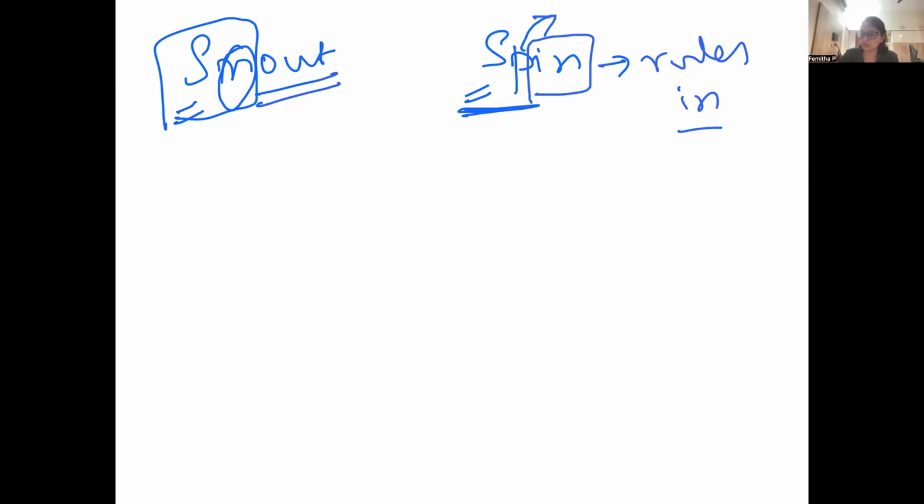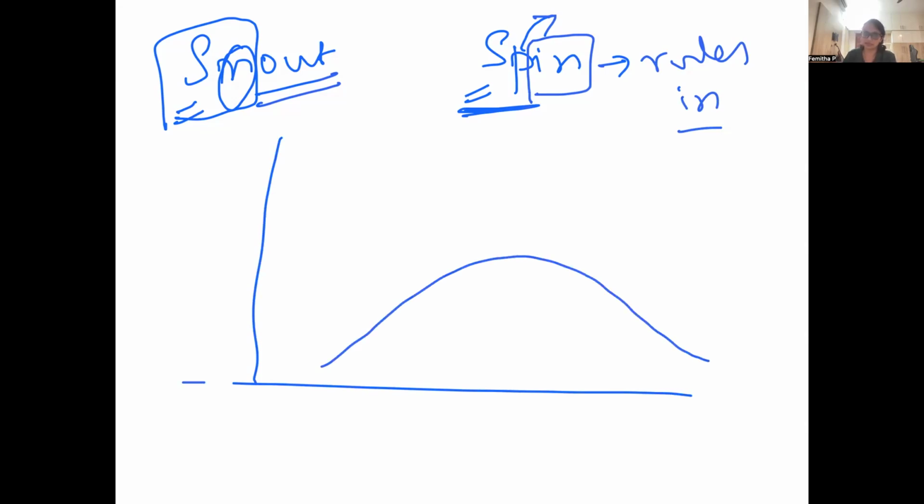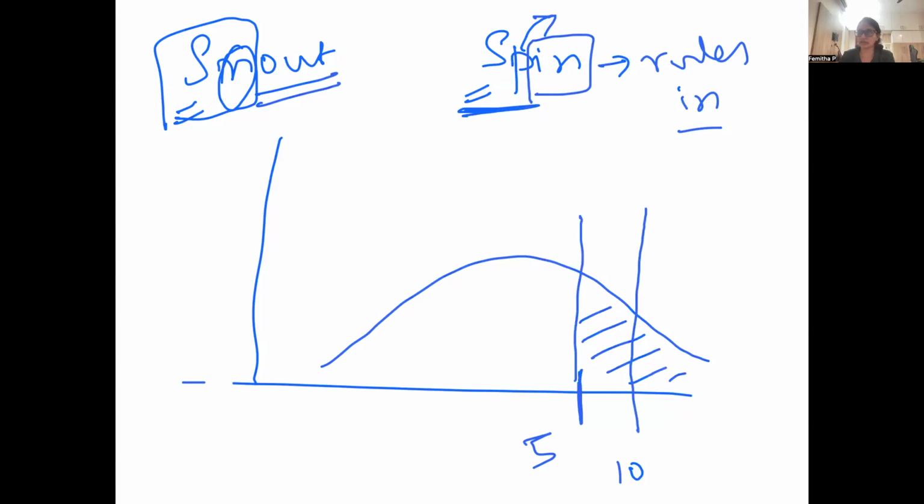Now, suppose I give you an example that in the general population, this is the distribution that you get for a particular test result. Okay, and you say that, say, CRP more than 5, I will use as indicative of sepsis. What will happen? You'll pick up a lot of the general population also getting more than 5, because it is a low number. If you raise the threshold of your test positive to 10, if the CRP is 10 only, I'm going to take him as sepsis,